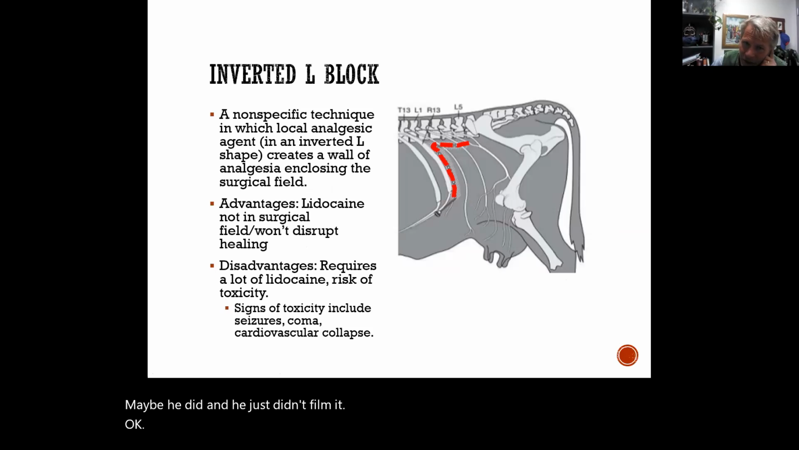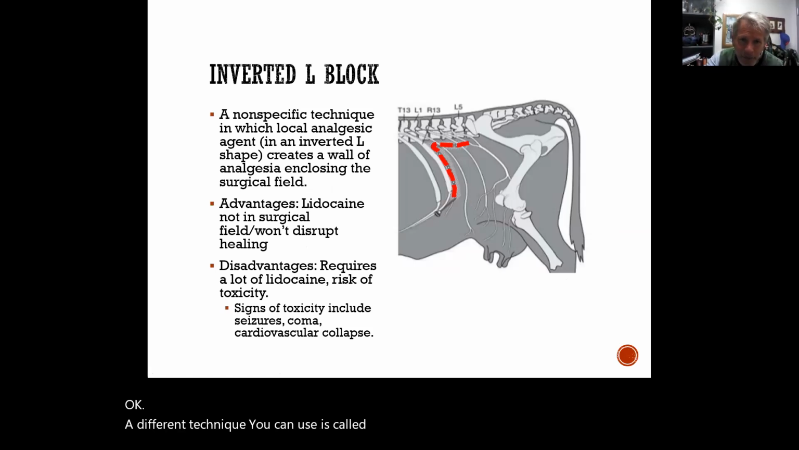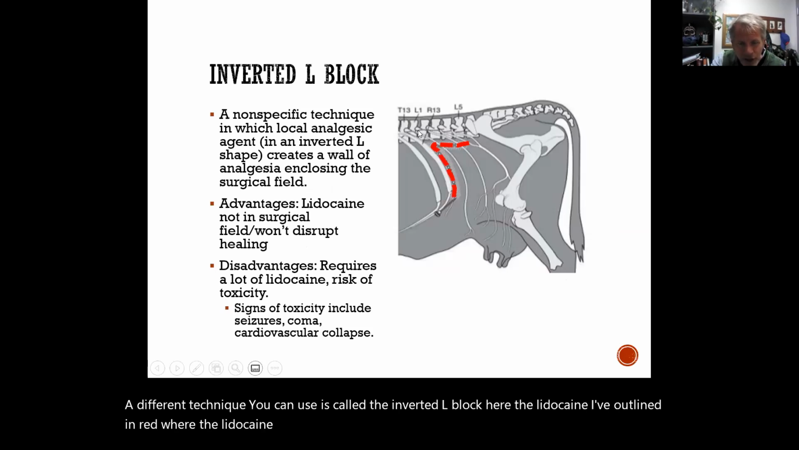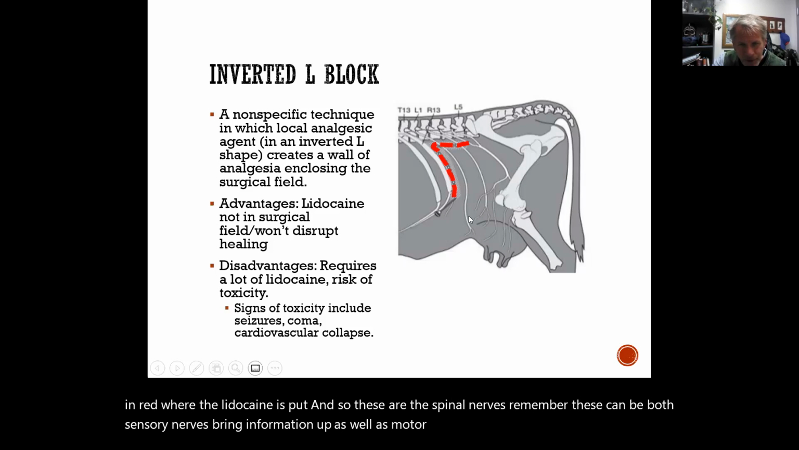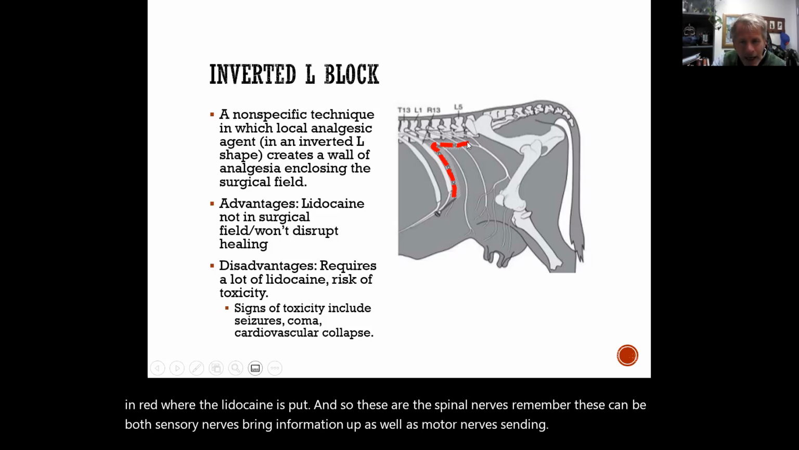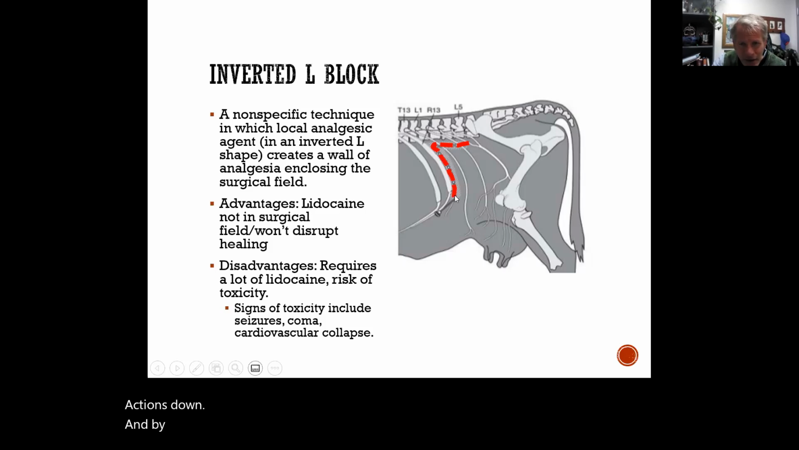A different technique you can use is called the inverted L block. Here, the lidocaine, I've outlined in red where the lidocaine is put. And so these are the spinal nerves. And remember these can be both sensory nerves bringing information up, as well as motor nerves sending actions down. And by putting the lidocaine here,